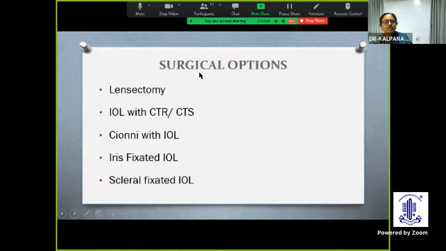Looking at the surgical options, there are various options based on the position of the lens and the age of the child. Lensectomy would be one option. The other option would be intraocular lens placement with a capsular tension ring or segments, which are very popular now. Scleral fixated IOL with the lens is also a good option for these children, though technically it's a little more challenging and the learning curve is longer. Iris fixated IOLs and iris claw artisan lenses do have a role in kids who have had a lensectomy. And in slightly older children, scleral fixated IOL is a good option. I'll show some surgical videos.